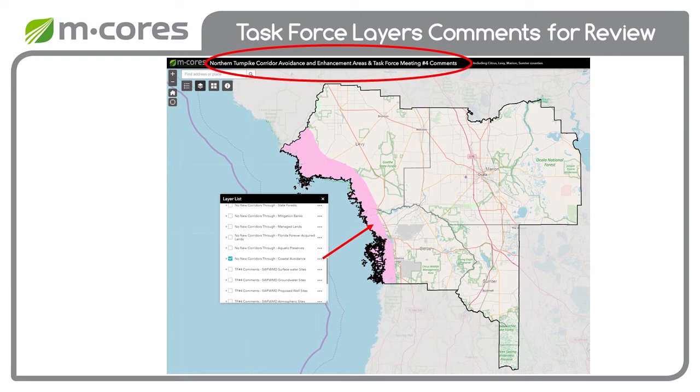We have developed a mobile version as well so that you can have easy access to this information while you are out discussing the project with your constituents or interested parties, to help provide a better understanding of how these areas may be affected by a new corridor. Here is a screenshot illustration of the new tool that will allow you to toggle on and off those layers that were avoidance areas as just shown on the previous avoidance graphic, but then also to toggle on and off those layers that you brought up at task force meeting number 4. This screenshot illustrates, for example, coastal avoidance areas.